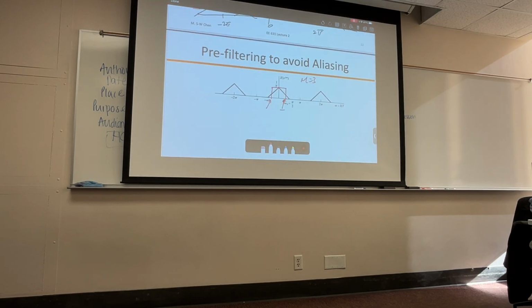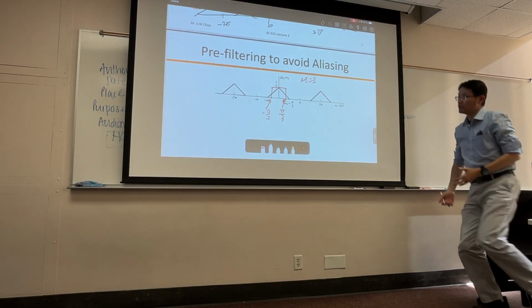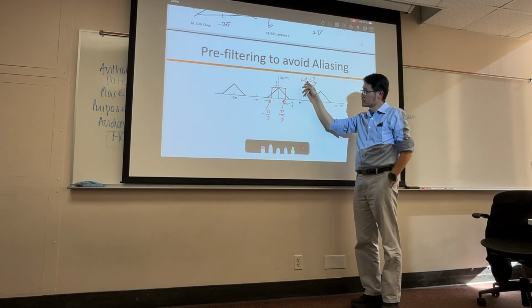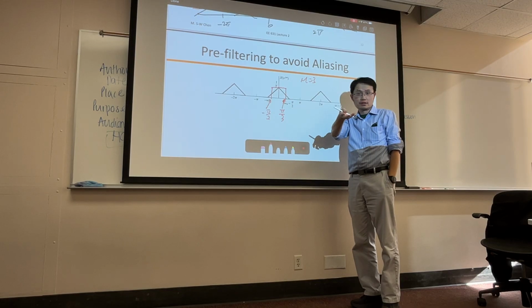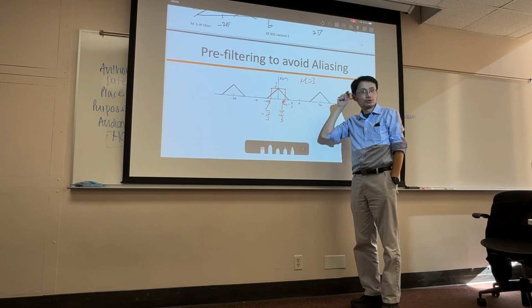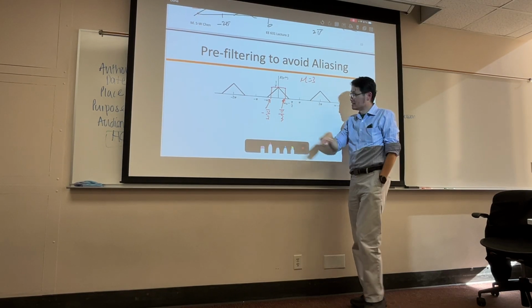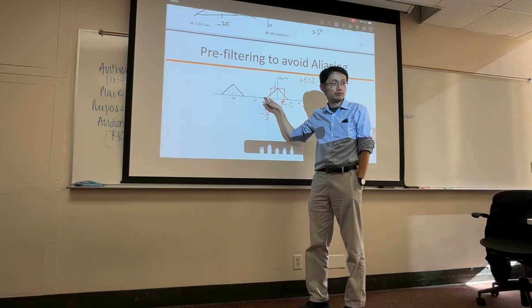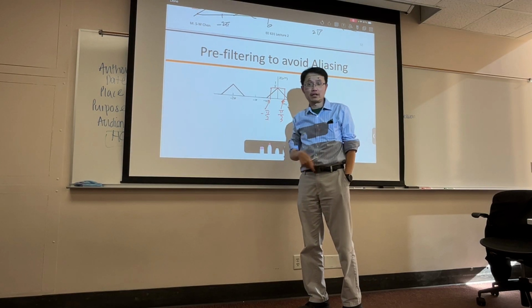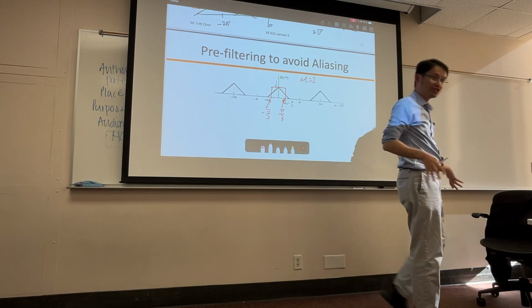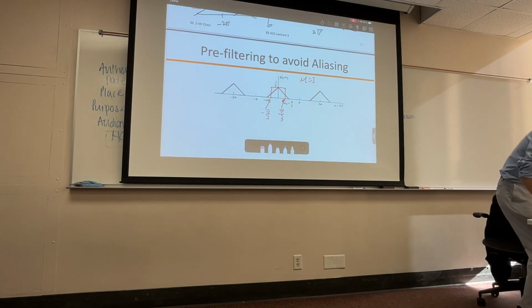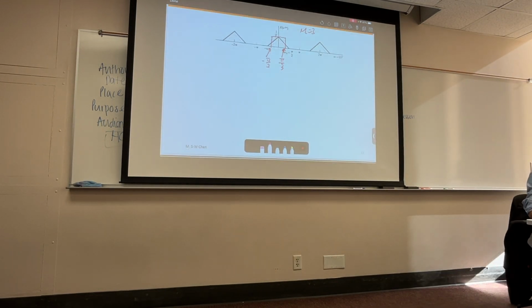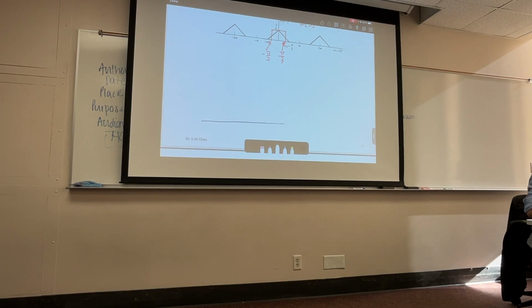So pi over 3. Why is that? Because then when it expands, it stays within your bounds. Exactly, right? Pi over 3, you expand by a factor of 3. So pi over 3 will expand to pi. And then minus pi over 3, after expansion, it goes to minus pi. So you're not touching each other. Okay, so, all right, so if you do this, of course,